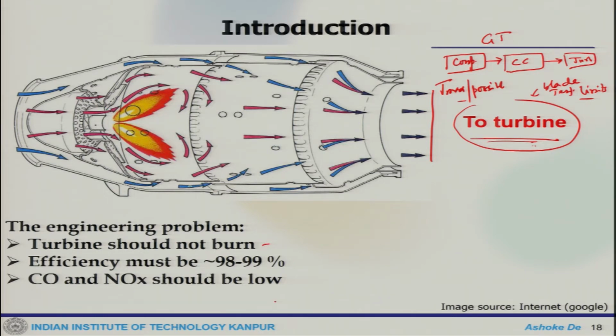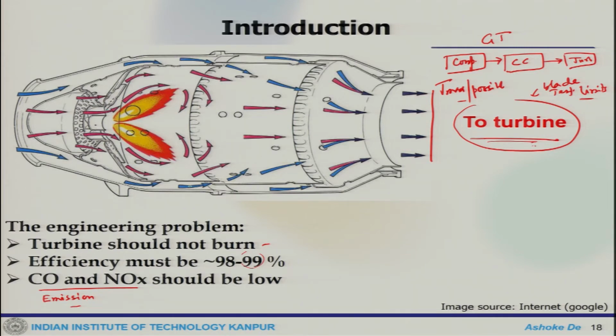But at the same time I would like to have efficiency. Typically for any gas turbine combustor, the efficiency lies around roughly 99%, so there is not too much loss. The combustor is one of the components in a GT unit where you have a quite efficient system. And then third is emission, which should be low. That means my CO and NOx should be low.